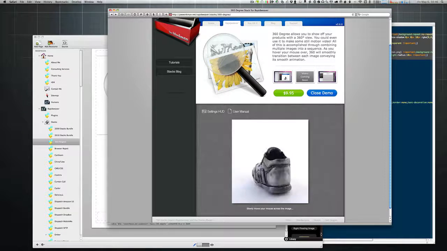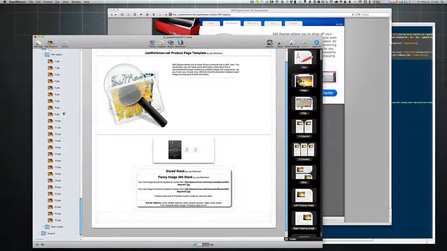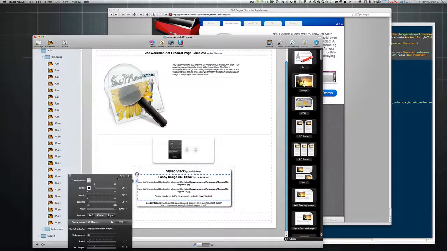I mean, all you're seeing here is a stream of images, as we see here, that I've added into my site resources. I have 25 images. Okay. And let's show you how I configured that. Basically, if we go into the stack,